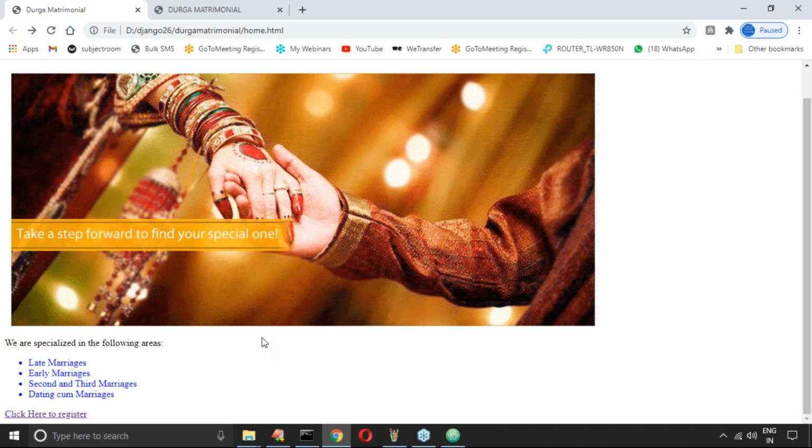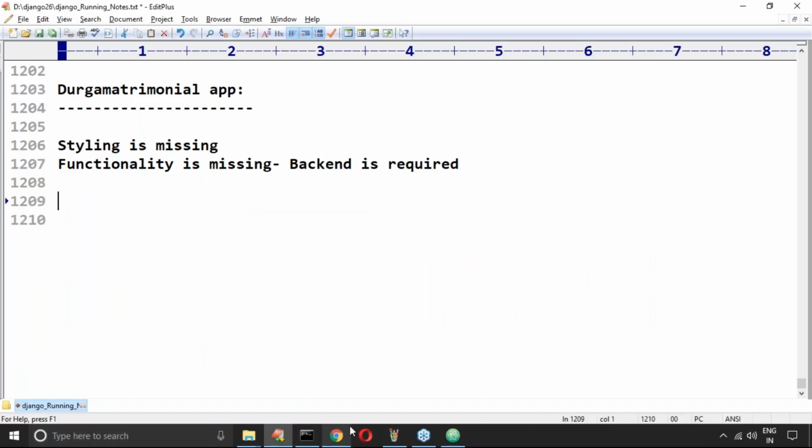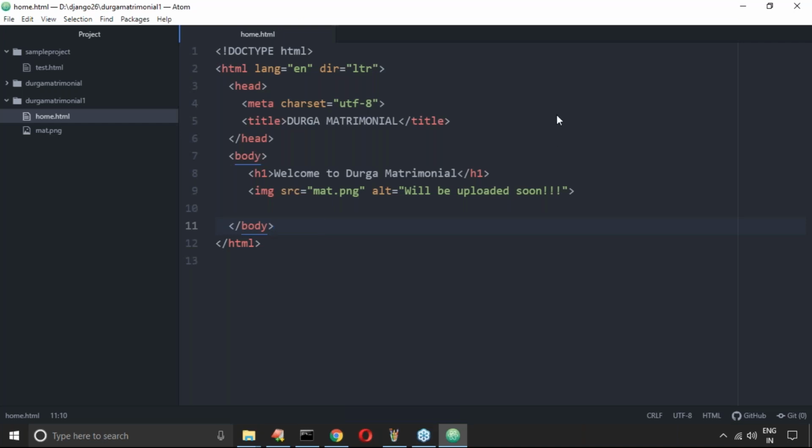Now, what is this one? This is not a heading kind of thing. Just observe that. It is the paragraph tag: we are specialized in the following areas. Observe carefully: the image is ready.